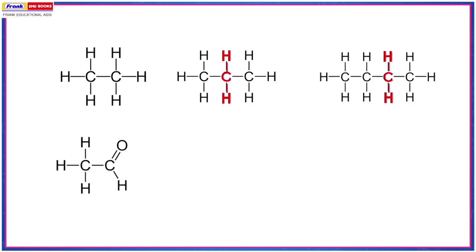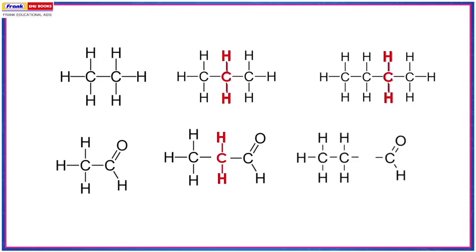Homologues of ethanal are CH3-C=O-H. Its first homologue is represented as CH3CH2-C=O-H with a CH2 group in between the CH3 and C=O-H groups. The second homologue of ethanal is represented as CH3, CH2, CH2, C=O-H with